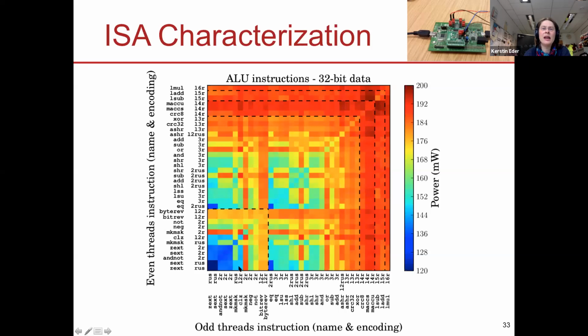So if you start from the bottom left corner, you've got blue there, and you go to the first set of yellow, and you find dashes there. These are all instructions that take 2 operands. So for instance, you find negation in there,